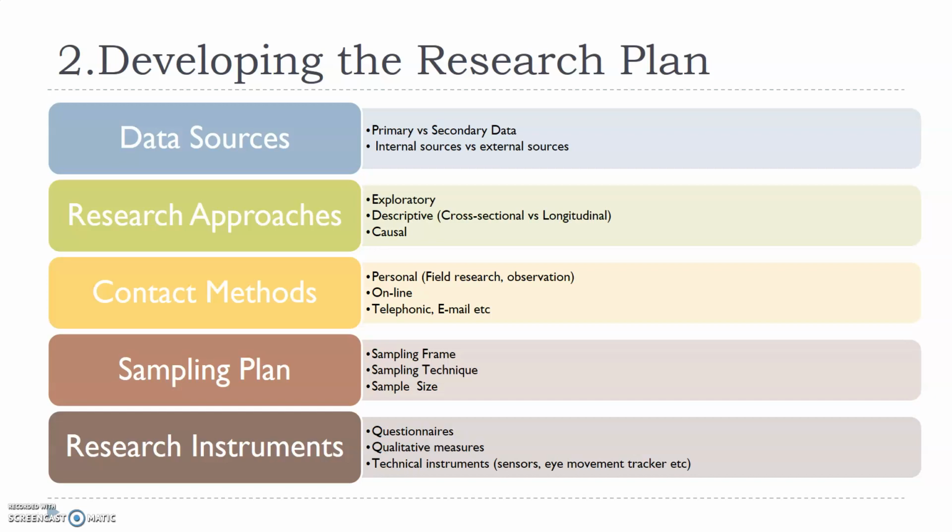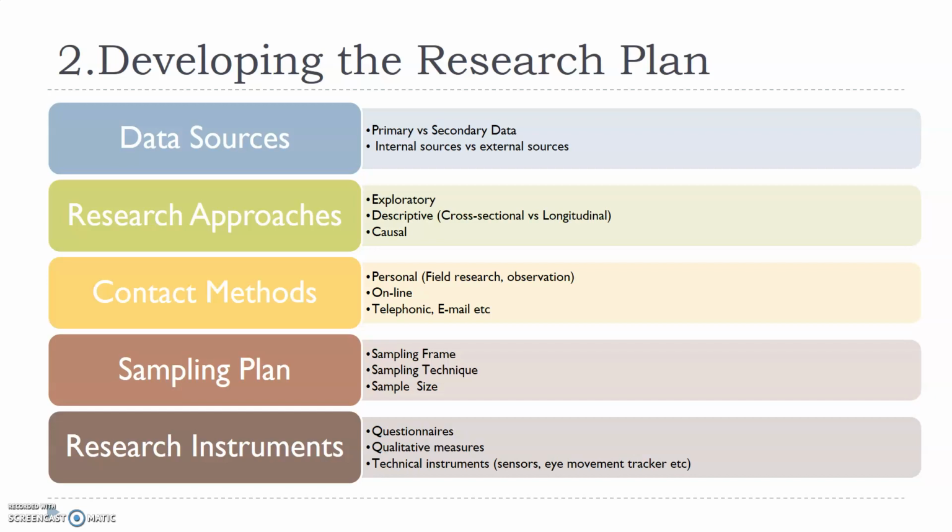Second one is research approaches. Research approaches are basically 3 types: exploratory, descriptive, causal. Exploratory is something which we should do for any research. Exploratory is basically a kind of problem identification research. We go and see what kind of problem is happening in the company. If you see in the first slide, when we talked about decision problem or research problem, that decision problem basically comes from an exploratory research, right? Somebody will explore what is happening in the market, how competitors are doing, then they will have a decision problem, they will have a problem to decide on.